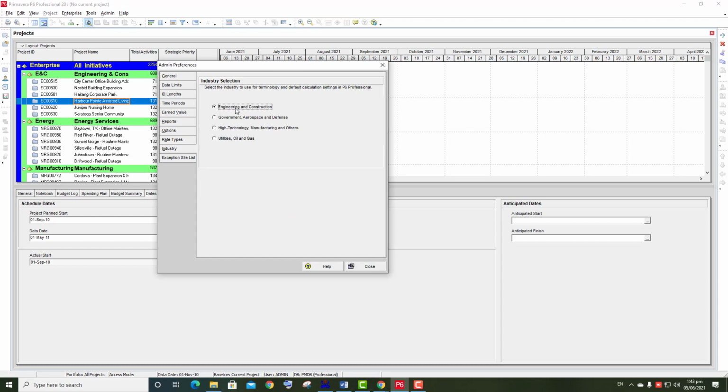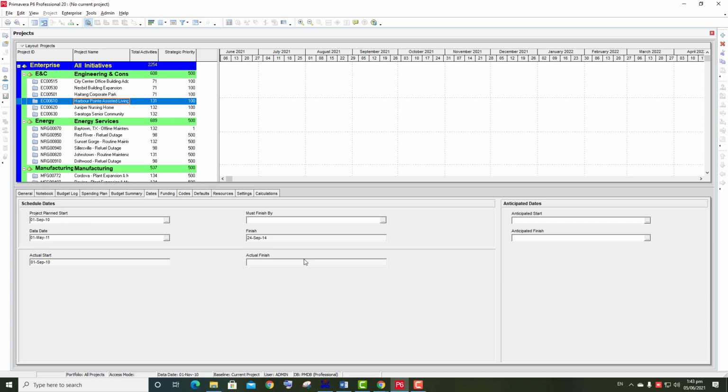You can select another one if you belong to another industry, but we are mostly using this application for engineering and construction. So I'll select engineering and construction and press close. All done. Our Primavera P6 Professional 2012 is installed on our PC, and it is ready for use.